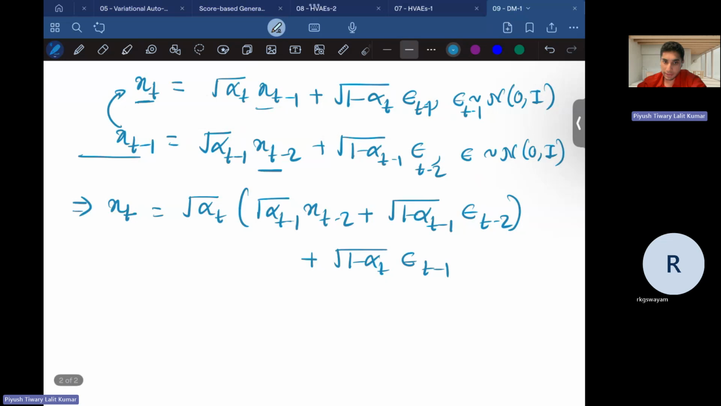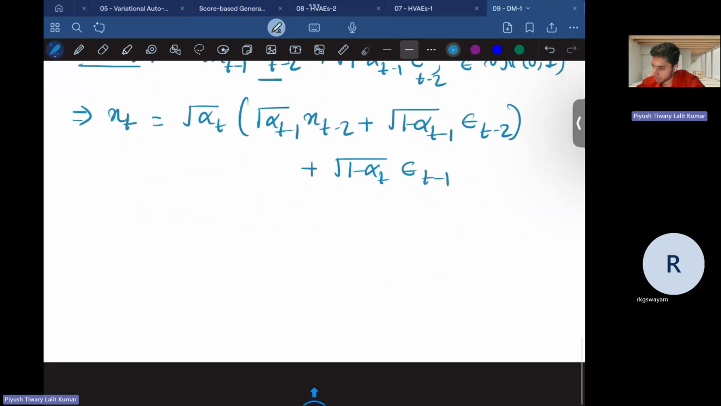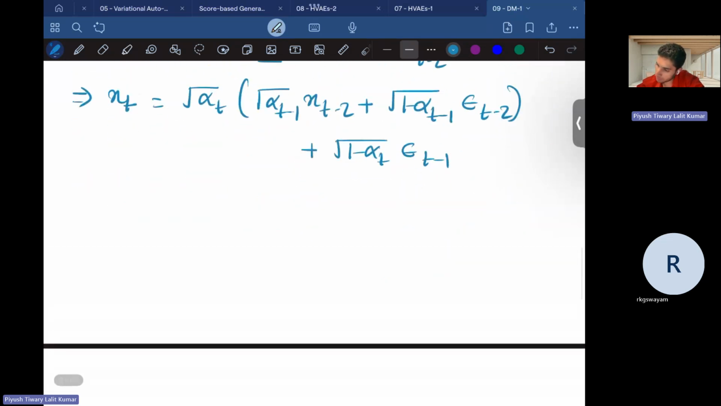So let's simplify this. So this thing will become what? Basically, I will take the noise terms on one side and the rest of the terms on the other side. So this will become square root of alpha t minus 1 X t minus 2, okay, plus square root of alpha t